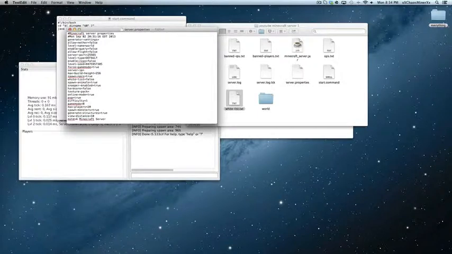Game mode, I'm going to set that to creative, so 1. Adventure, 2. Hardcore does not work. Max players, you can set that to anything. I'm going to just set it to that. Not like that many players actually join. Spawn monsters, it's basically spawn mobs, the same thing as the animals but for mobs. Generate structures, that's like desert temples, villages and stuff. View distance, not sure. MOTD, so